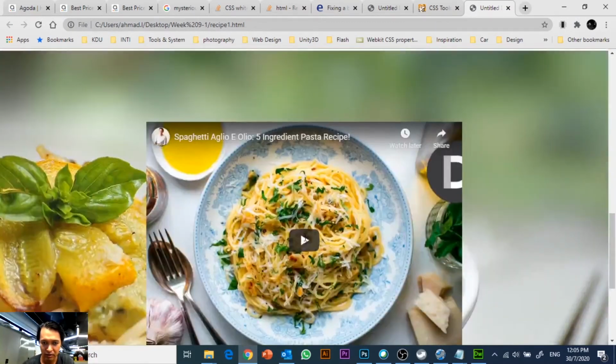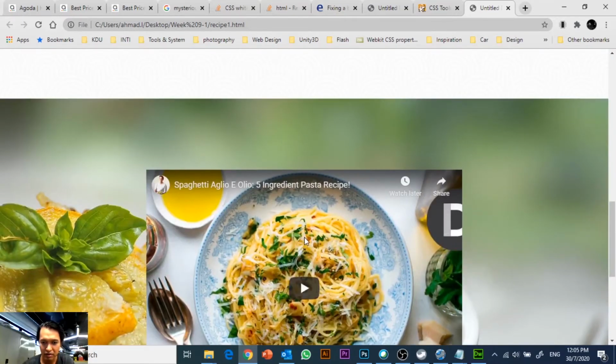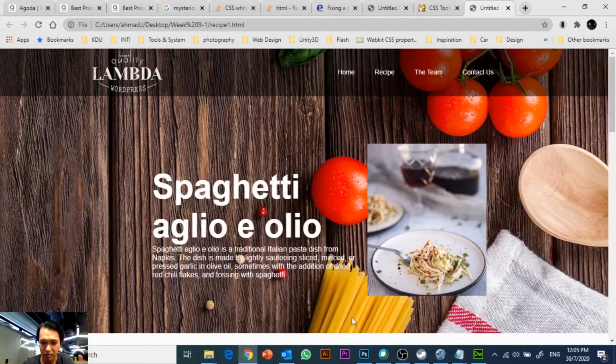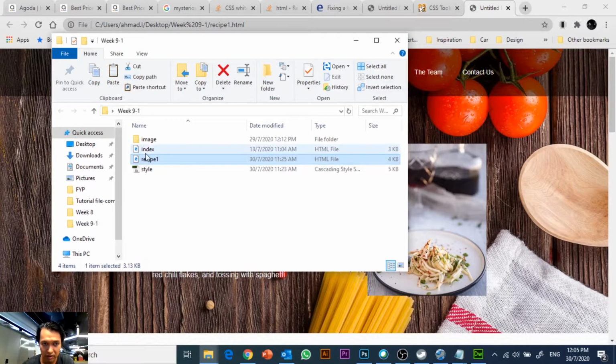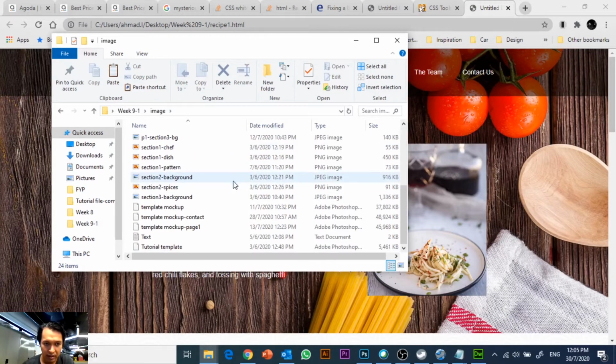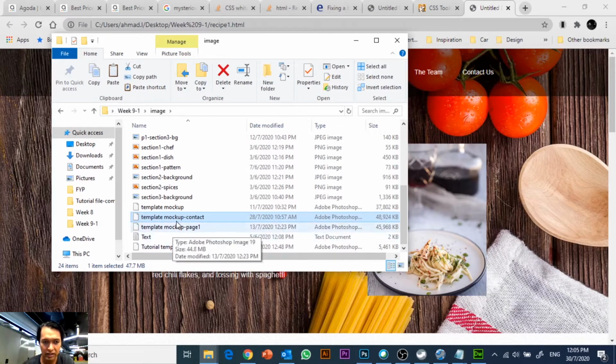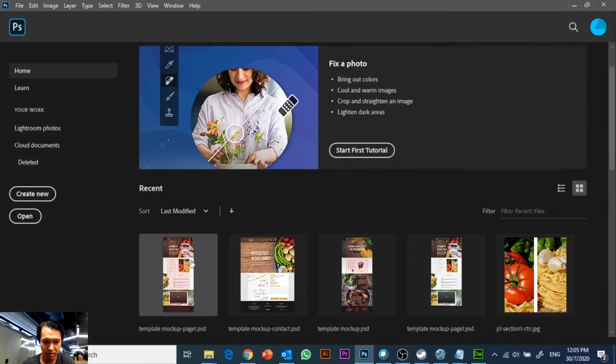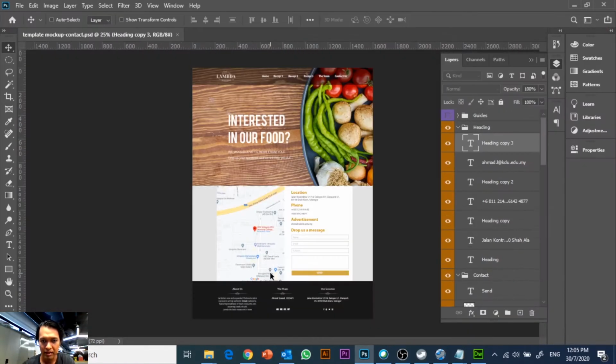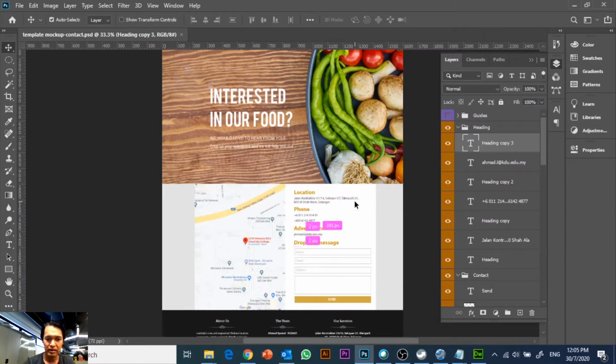So we're going to make new content. How is our new content going to look? If you look into your image folder, look for the template mockup contact. This is an Adobe Photoshop file. If you look at the contact, which is this one, we have our